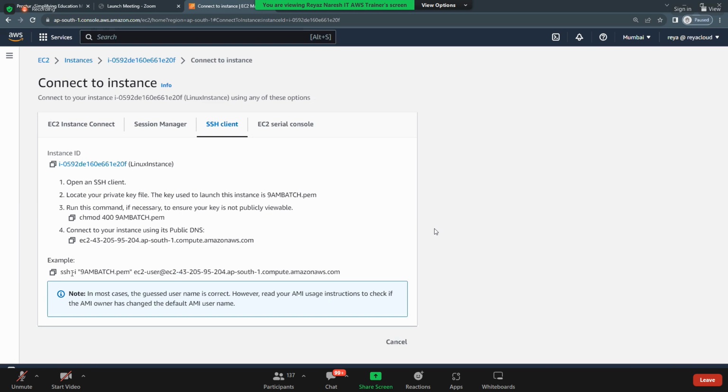For Mac people, make sure that you have your PEM file with you in that directory only. You need to open the terminal. Okay. And for Windows, I know for sure there is a remote desktop tool in your Mac. You can use that. For Linux, this is the command that you should use to connect.